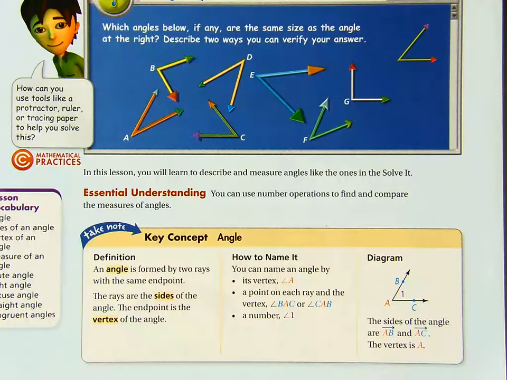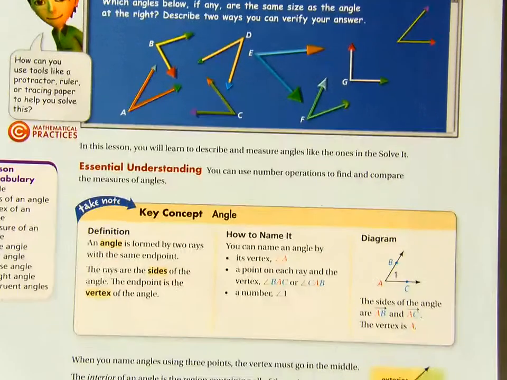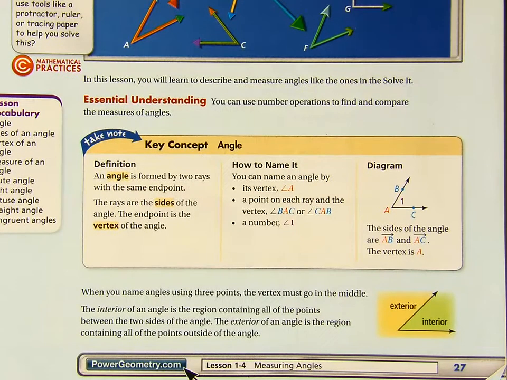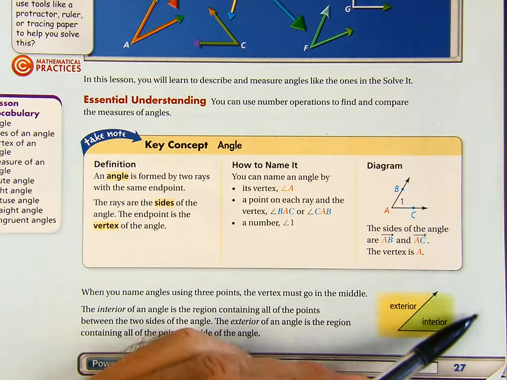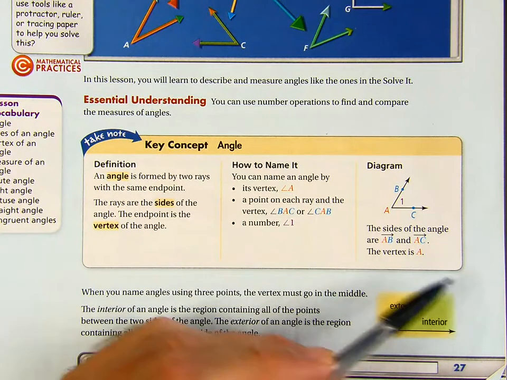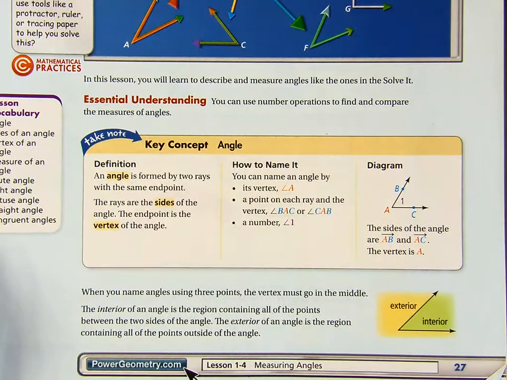Okay. All right. Down here at the bottom, they mentioned something that will be important later on. So when you name angles using 3 points, the vertex must go in the middle. I already mentioned that. And then there's an interior of an angle. The interior of an angle is the region containing all the points that are between the 2 sides, and the exterior are all the points or the region of points contained on the outside, not on the interior. Of course, it would be exterior. And remember, these are rays, they continue, so that interior is a lot larger than what they show here. Of course, the exterior is everything outside of that region. All right, so